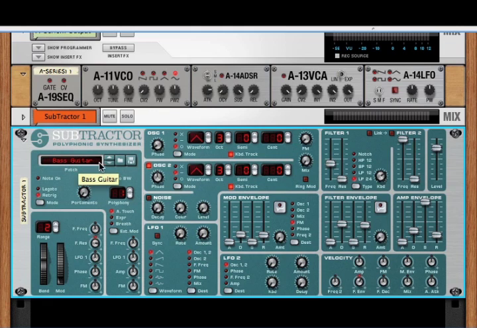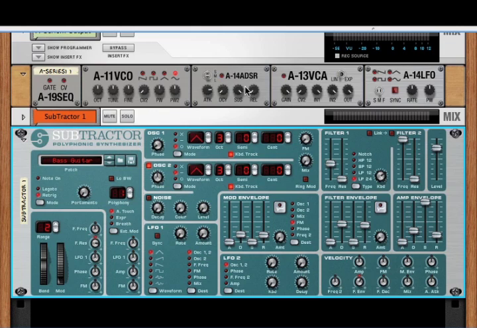The bass guitar default patch, in fact, uses none of the LFOs. There's some extra stuff on the Subtractor around the mod wheels and the pitch wheels and some velocity stuff. But essentially, you can see how the components of the Subtractor are very similar to the components of our very basic